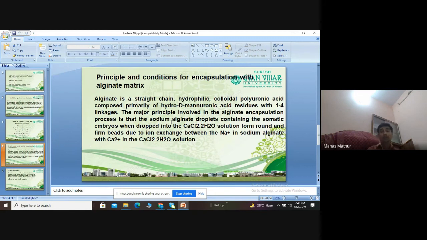So I will repeat once again what we have done. We have the liquid media. In that, we will add the somatic embryos, followed by addition of sodium alginate, followed by addition of calcium chloride. These two chemicals, after the ion exchange, will form a bead-like structure on the periphery of the somatic embryos. So somatic embryos will be encapsulated by these two chemicals. This complete structure in which somatic embryos are encapsulated is called a synthetic seed. So that is the very easy method by which we can produce synthetic seeds in the laboratory.